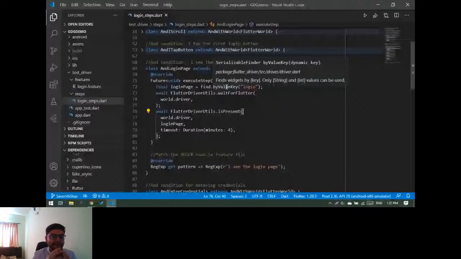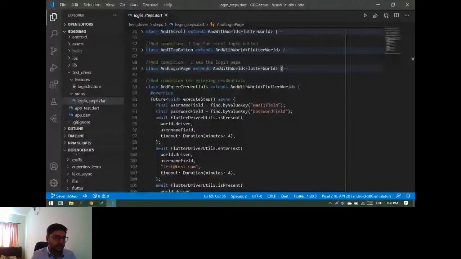यो फोर्थ स्टेप हो गरेको पनि। अनि त्यसपछिको हाम्रो काम भनेको चाहिँ हाम्रो क्रिडेन्सियल्स, युजर नेम र पासवर्ड इन्टर गर्ने हुन्छ। हो त्यसैको लागि चाहिँ हामीले इमेलको फिल्डलाई पनि पासवर्डको फिल्डलाई पनि युनिक की दिएको हो। जस्तै अब यहाँ हेरौँ, युजर नेम फिल्ड भनेर मैले इमेलको इन्टर गर्ने टेक्स्ट फिल्डलाई फाइन्ड गरेँ र पासवर्ड इन्टर गर्ने टेक्स्ट फिल्डलाई फाइन्ड गरेँ, ड्राइभरलाई कुरेँ अनि फ्लटर ड्राइभर युटिल्स डट इन्टर टेक्स्ट भन्ने मेथडले चाहिँ वर्ल्ड डट ड्राइभर युज गरेर कुन फिल्डमा के टेक्स्ट हाल्ने भनेर डिस्क्राइब गरेको है त। युजर नेम फिल्डमा मैले test@test.com हाने किनभने यो मेरो स्ट्याटिक मैले इमेल बनाएको छु अहिलेलाई। सो इन्टर टेक्स्ट गऱ्यौँ हामीले।